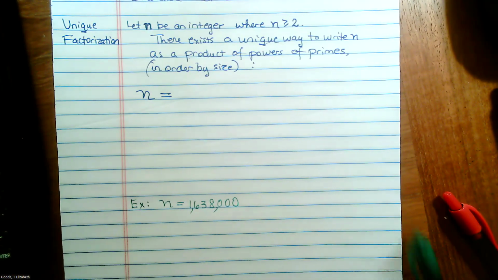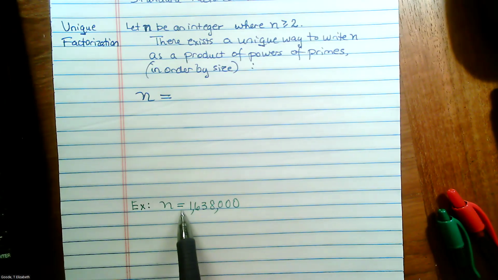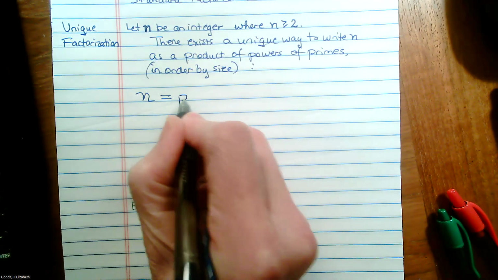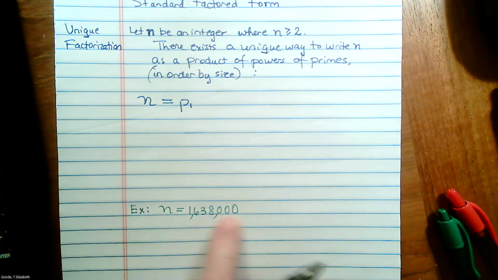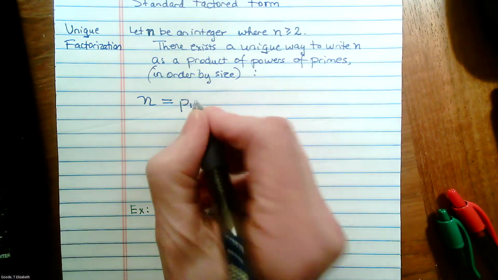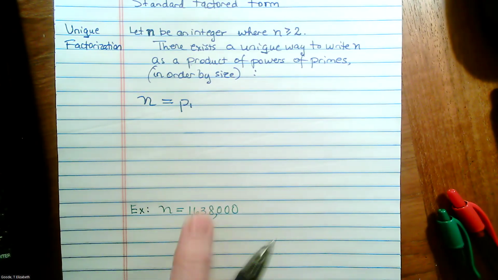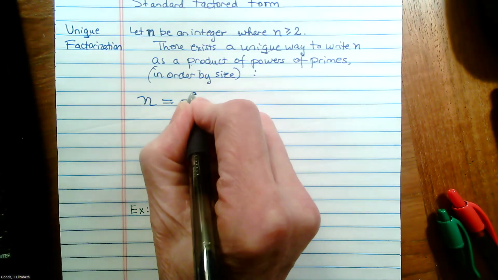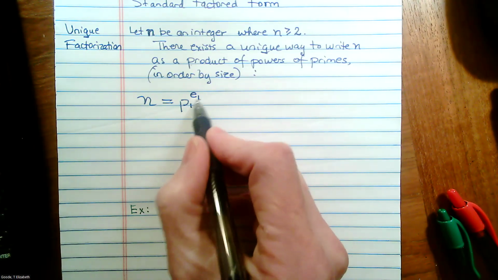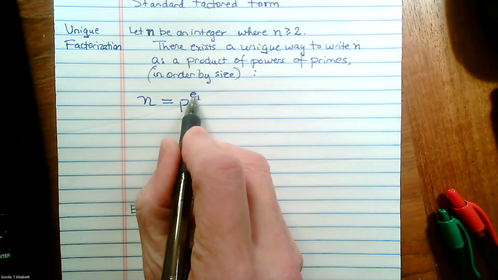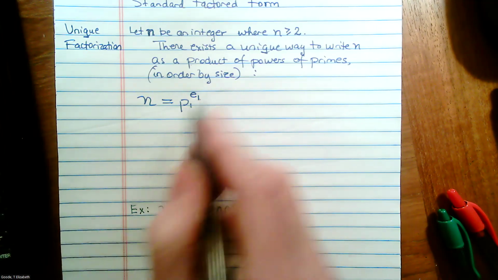1,638,000. Certainly big enough. And what it says is we can find all the primes in n and we can put them in order by size. So P1 would be the smallest prime factor. Can you see what the smallest prime factor of this is, just because of the fact that this is an even number? Yeah, two. So P1 would be two in this case. But there might be a bunch of twos that we can factor out of that. So however many twos we can factor out of n, that's the exponent on the two. We just call that E1 because the ones match. So it's the first prime factor raised to the number of copies that fit into n